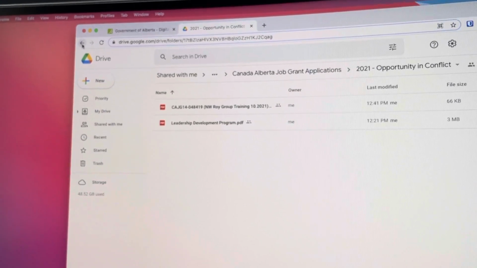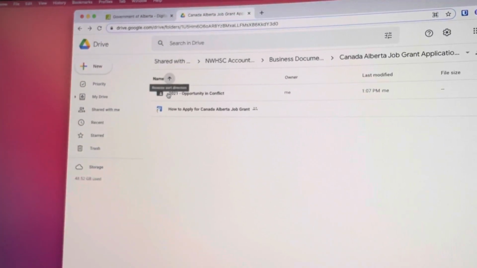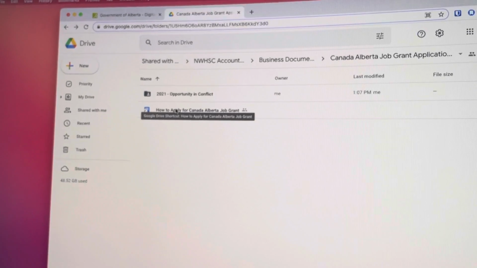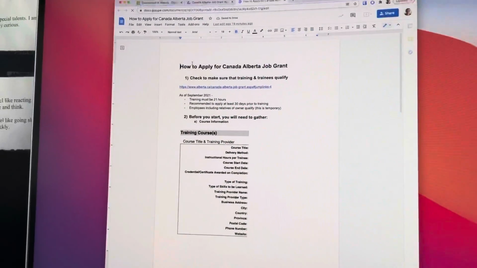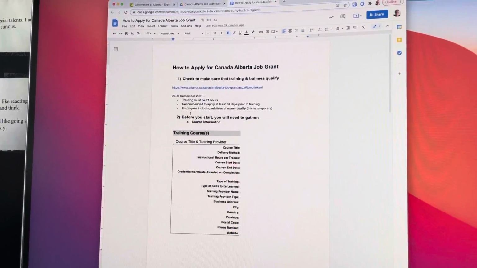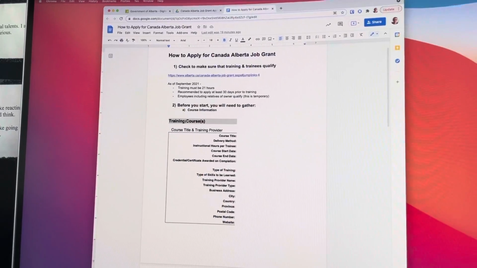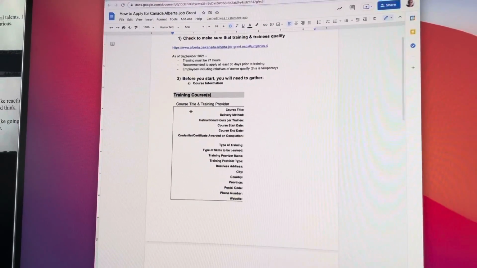Then when I finished that, I realized that maybe it would be useful to have a bit of a how-to just to capture the steps of the process. So I also created a how-to with some pictures from the website, which show the information that you need to